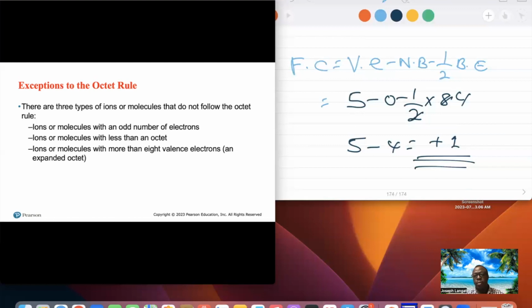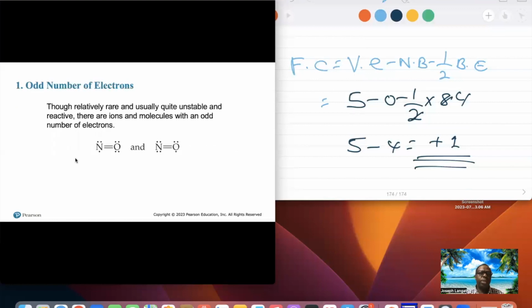So at times you may find the central atom has or will take more than 8 because of the expanded octet rule. This is just a repetition of what I just went through. Bullet number 1 on